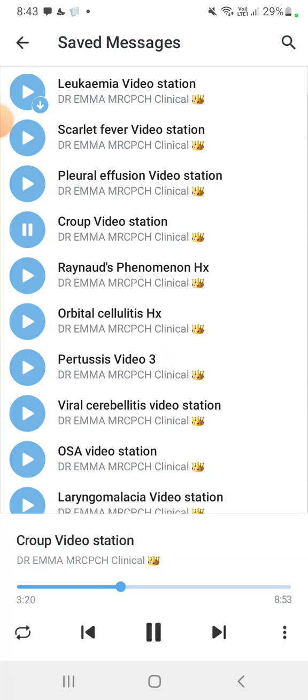What is the oxygen saturation, and in which position the child is comfortable, and then I will proceed with my inspection and count the respiratory rate. Depending on the depth of recessions, I will divide it as mild or severe distress, and also auscultation. In whichever position the child is comfortable, I will do the auscultation, and according to that, I will decide my management.